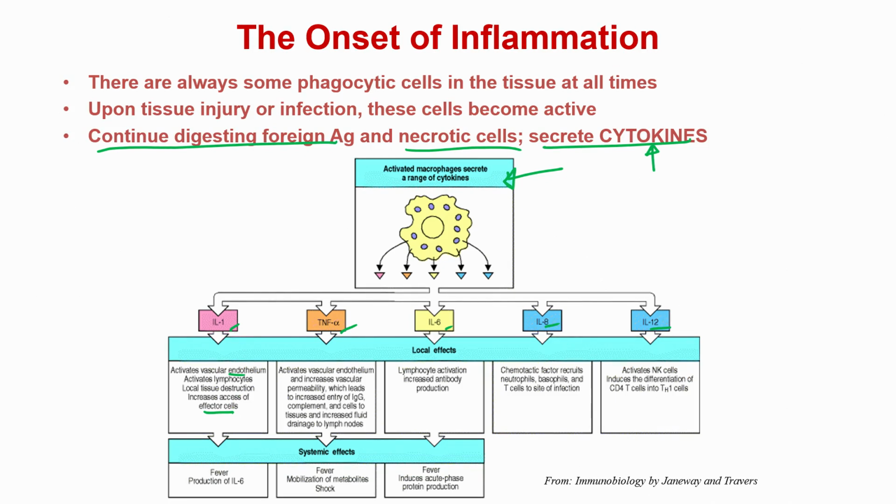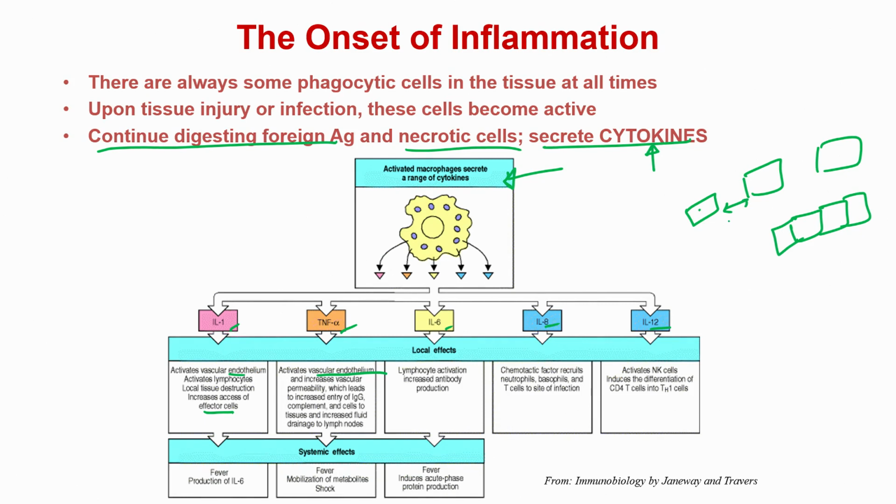So, another class of molecule is TNF alpha. Similar to IL-1, it is fairly inflammatory, and it again activates the vascular endothelial cells and increases permeability. If you remember in the tumors part of the talk, I was saying that if you have inflamed tissue, your vessels are more permeable, they are not as tight as they are in healthy homeostatic tissue, and that is because these factors are being released which are signaling these cells to increase their